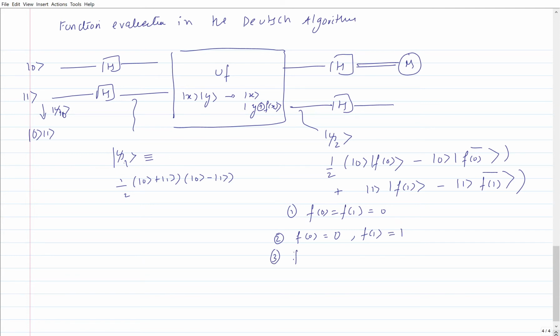Case 3 is when f0 was 1 and f1 equals 0. And case 4 is when f0 equals f1 equals 1. And that's going to give me a state